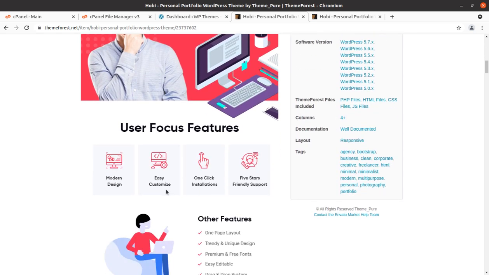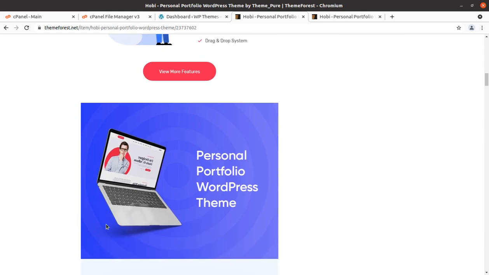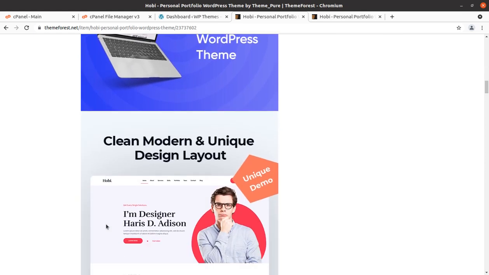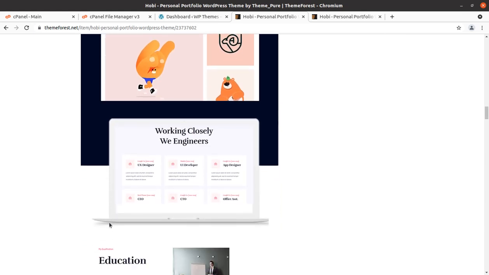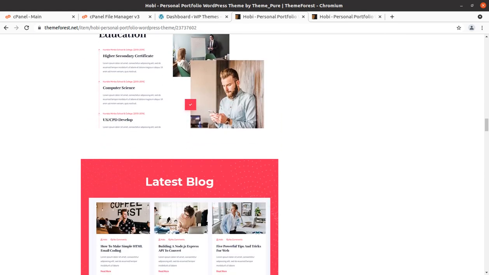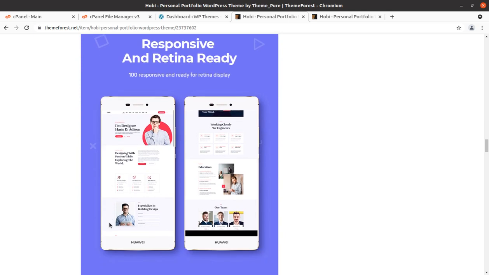It has modern design, easy customization, one-click installation, and 5-star friendly support as well. A personal, clean, modern, unique design layout brings a wonderful website for you, and it has all the features which you need in a personal portfolio website.